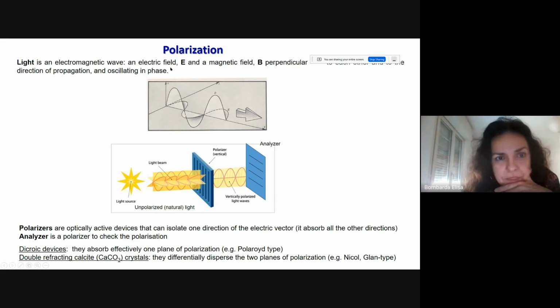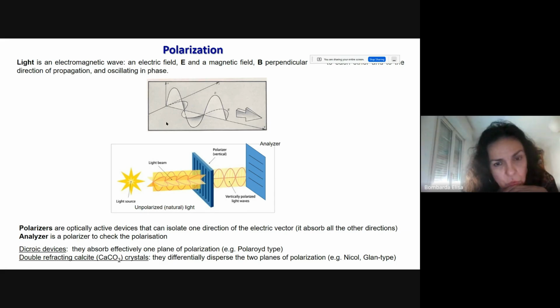So as is represented here, you have an oscillating electric and also magnetic field perpendicular to each other. Okay, we are interested in the electric field in this phenomenon,